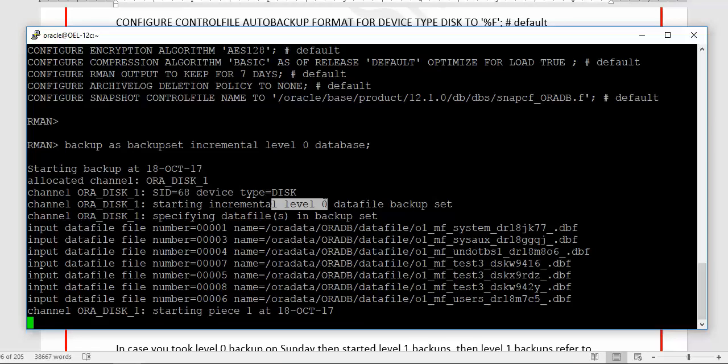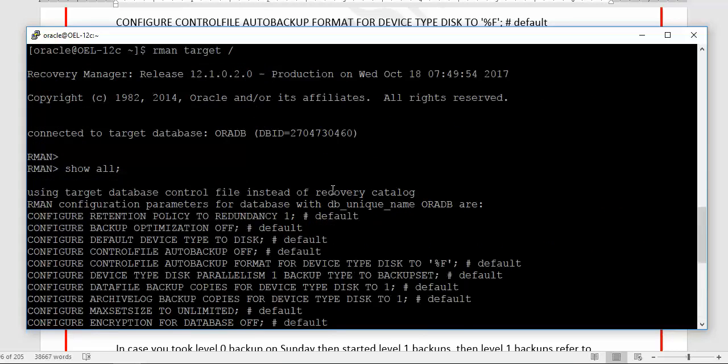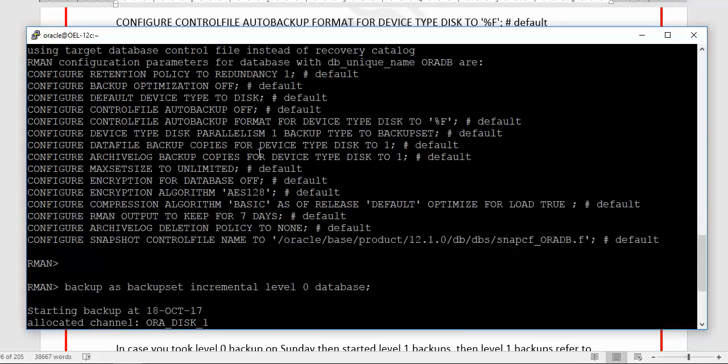Cool. Now this incremental level 0 backup, what does it do? It will only take data file backups, and at the max it will take SP file backup and control file backup if auto backup of control file is enabled. So in the configuration you can see that